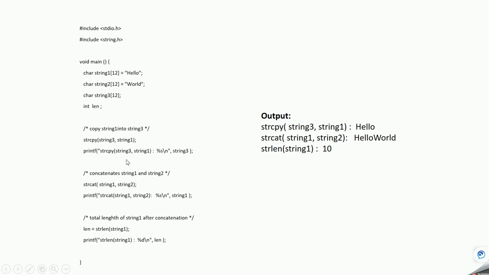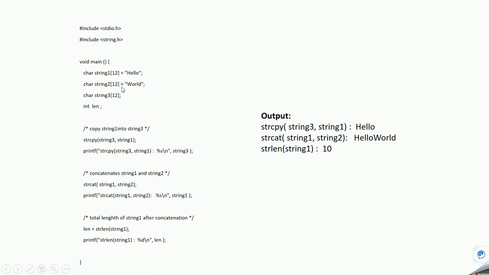Because the capacity would be only 6 if we change this to 6, and we want to combine these two and store into this string. After combining it will become 10, and we don't have the capacity. So always keep in mind, when you perform this kind of operation, to have the proper length.